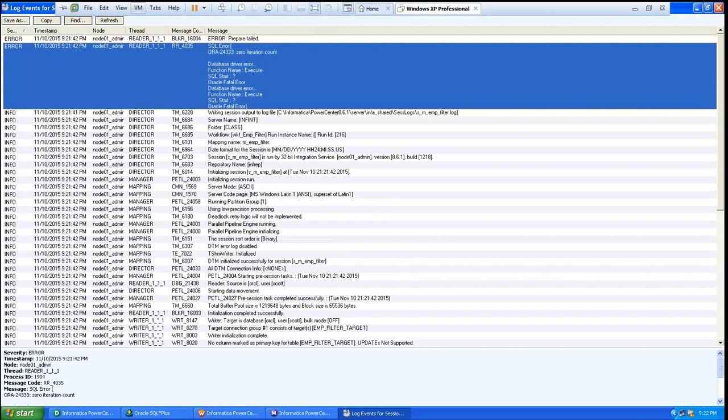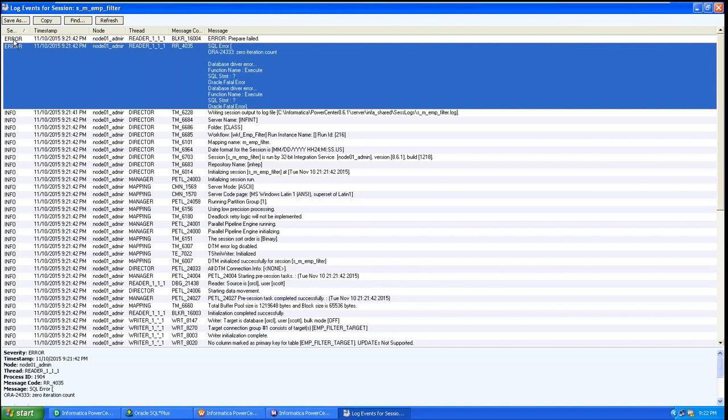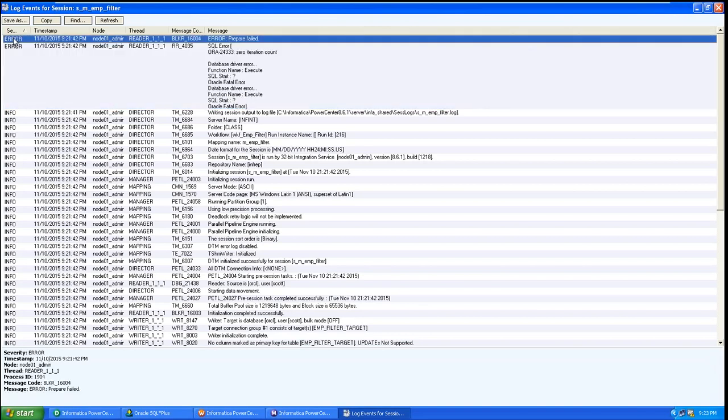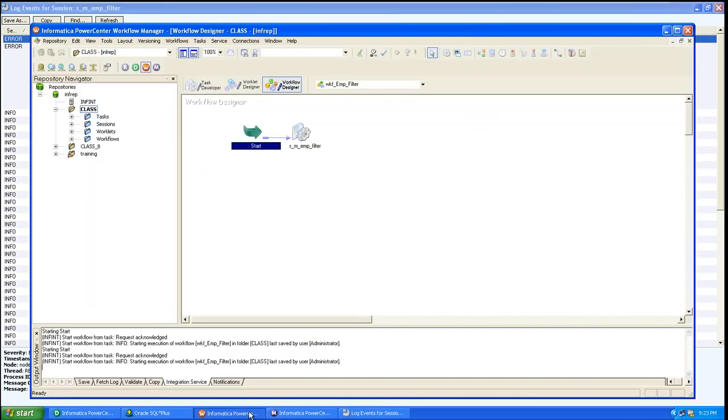See there? In the SQL statement some error is there. It's showing that particular SQL statement has an error. So we need to go to that particular SQL statement and check. If you are facing any issue, we can find all the errors in the session log.